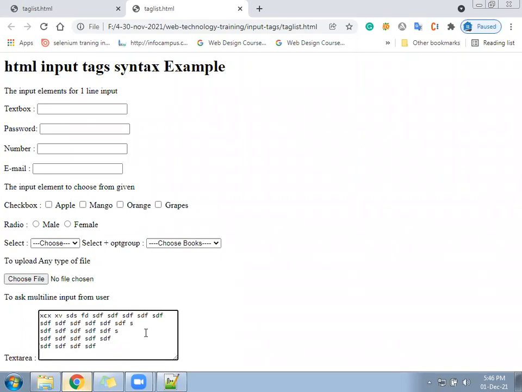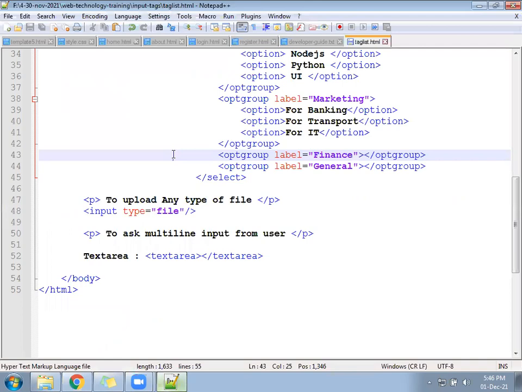So these all are the input elements. All this we need to organize properly using a table, and then we need to follow some more properties so that it will look better. We need to add the submit button and the reset button. So hope it is working for everyone. We will be moving to the next example.